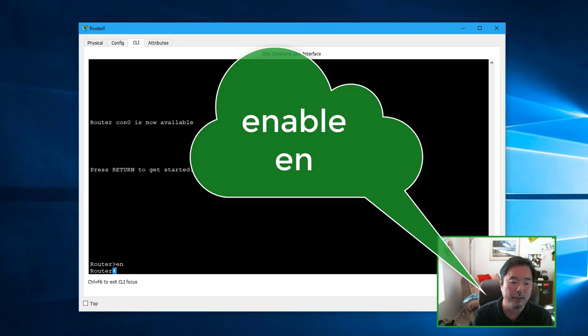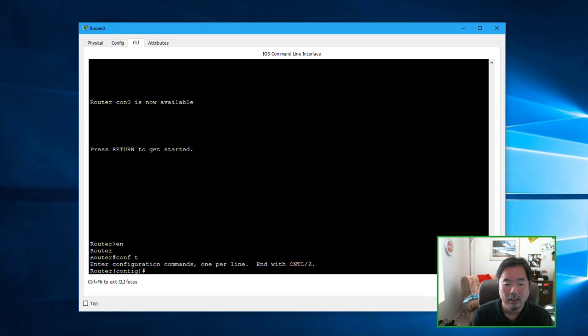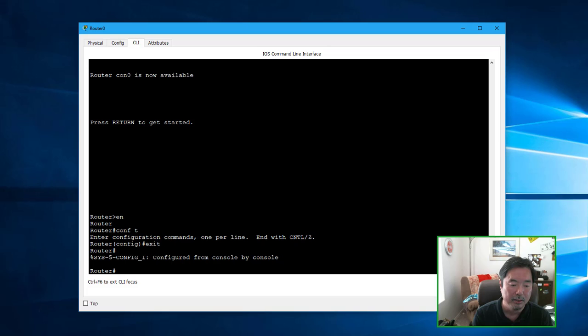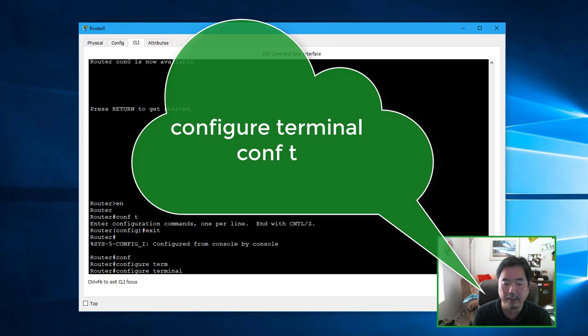The first thing you're going to do is type in config t. What that does is it puts you into what's called configuration terminal. Like I mentioned before, you can get that by typing config, hit the tab key, terminal, hit the tab key. And if you notice, it automatically spelled it out. Or you can type it out, configure terminal. Or you can type in parts of the word, like I always type in config t,